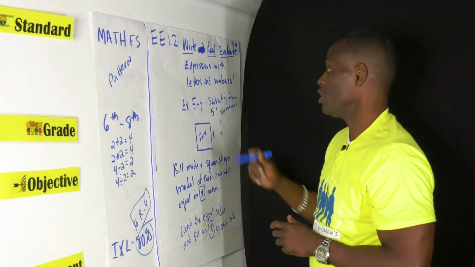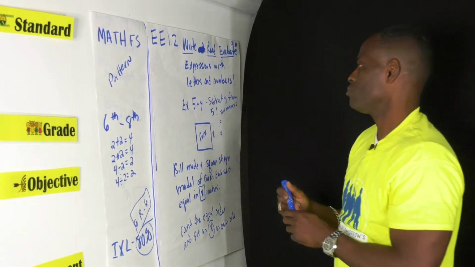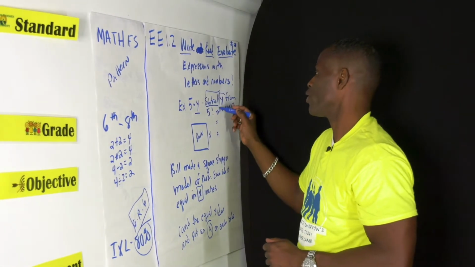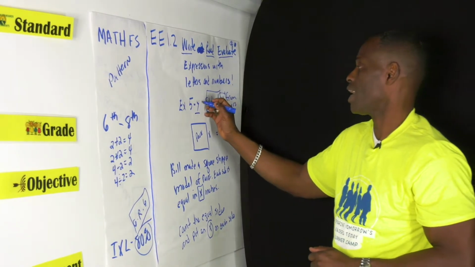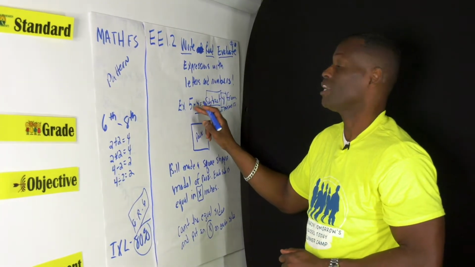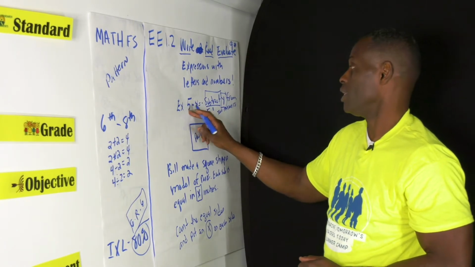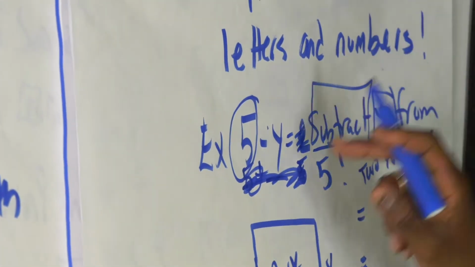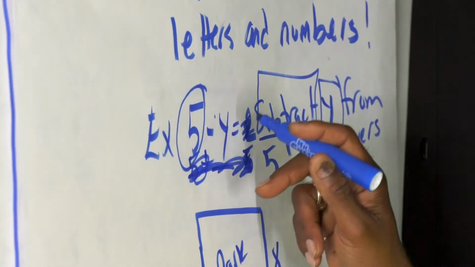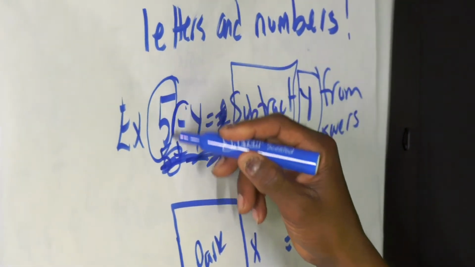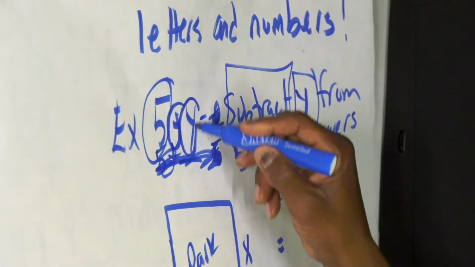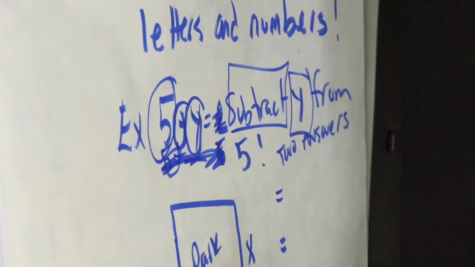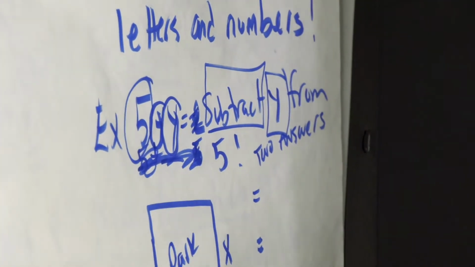So here's an example, 5 minus y. Well, we don't know what y is, but here we're using the math operation subtract. We're using the variable y. And if we said 5 minus y, or y minus 5, we're subtracting y from 5, and it leaves us with something. So we're dealing with expressions with letters and numbers. Here's an example, 5 minus y. So we have a number here, we have a math operation here, subtraction, and we have a letter here. So you need to understand that you can write problems out using numbers and letters to create a mathematical expression,